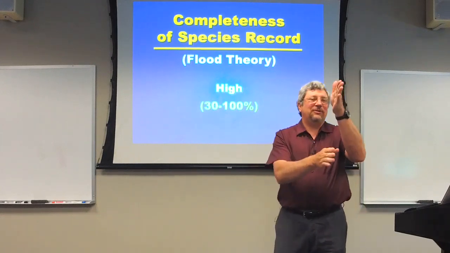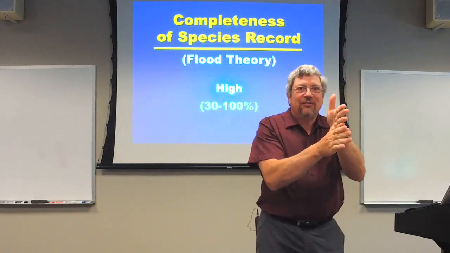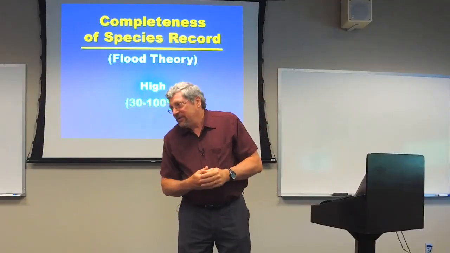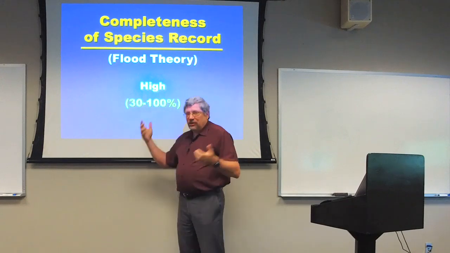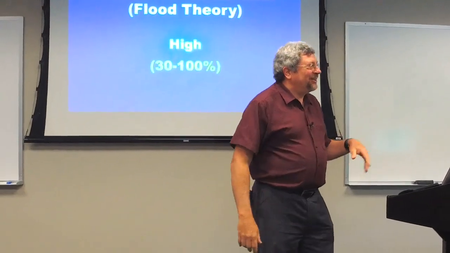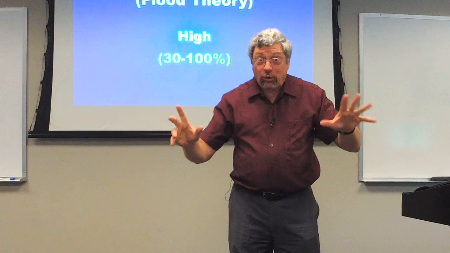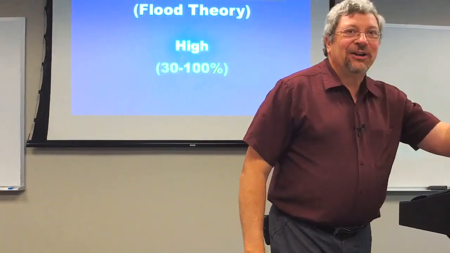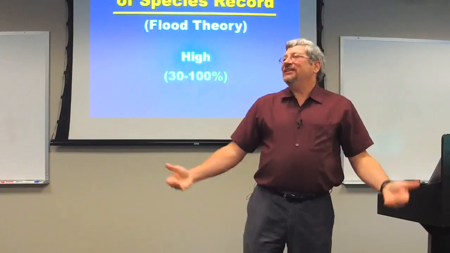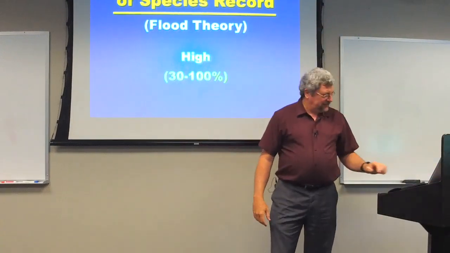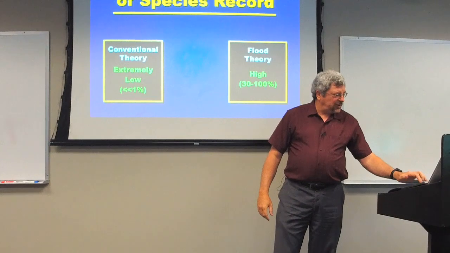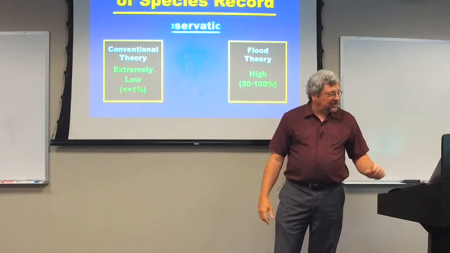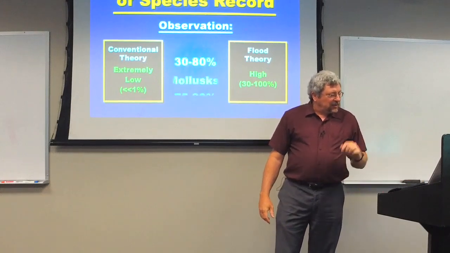At least the world that was existent right at the time of the flood, we probably have an extremely good sample. If I'm going to be conservative, I'll say it's 50% or something like that. But anyway, it's a whole lot. It's at least 4 orders of magnitude higher species preservability than the conventional model would expect. So there's our expectations. There's quite a bit of difference between those two. How do we test between the two?